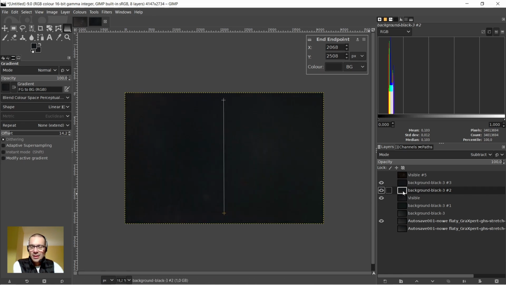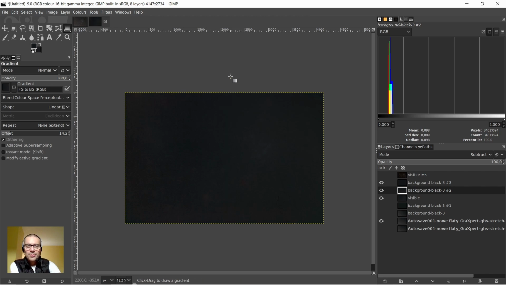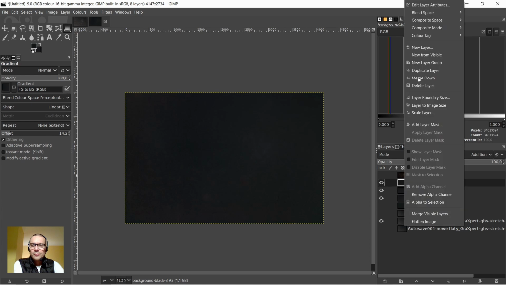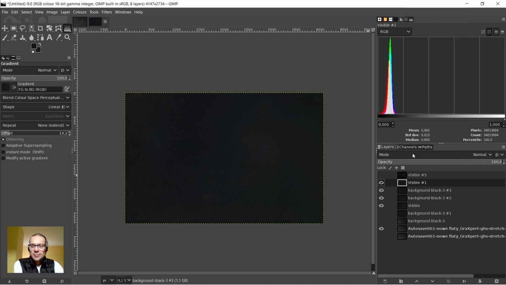Okay, so I will be playing a little bit with the gradient which I created on the second layer. And again, if I move the handles, you can see that the brightness of the image is changing. So again, I can adjust the position of the artificial gradient in a way which allows for best correction of the remaining gradient. So let's assume this one is okay. New from visible. And now we can check